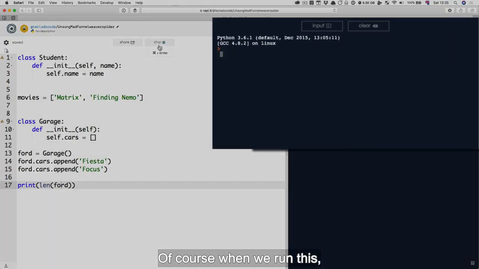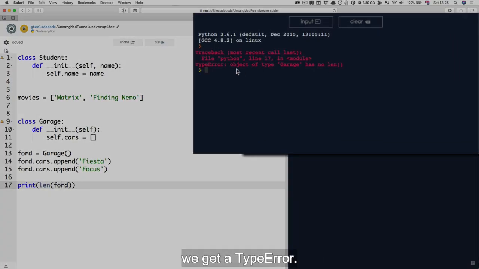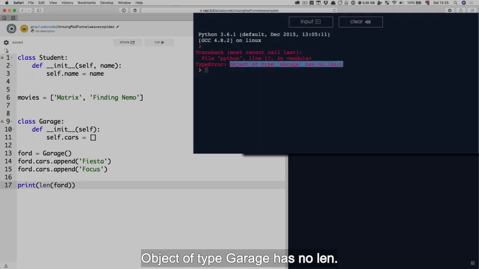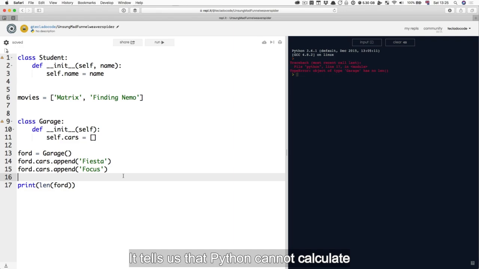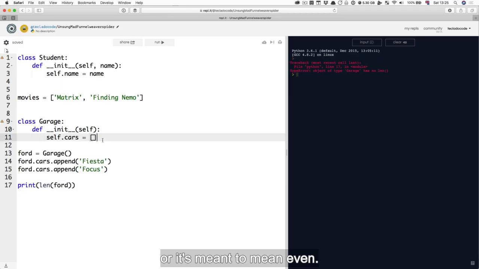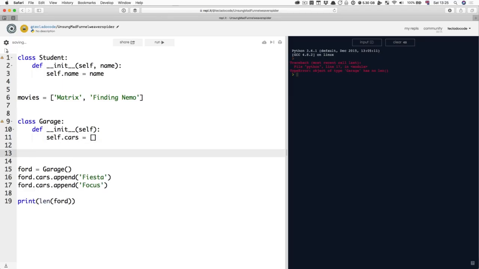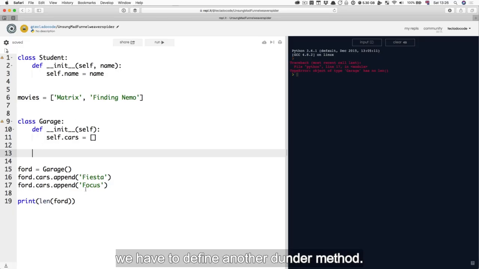Of course, when we run this, we get a type error. Object of type garage has no len. Okay, that's an interesting error. It tells us that Python cannot calculate the length of this garage because it doesn't know what the length of the garage is meant to be, or is meant to mean even. So in order to tell Python that this garage has a length, we have to define another dunder method. And that's